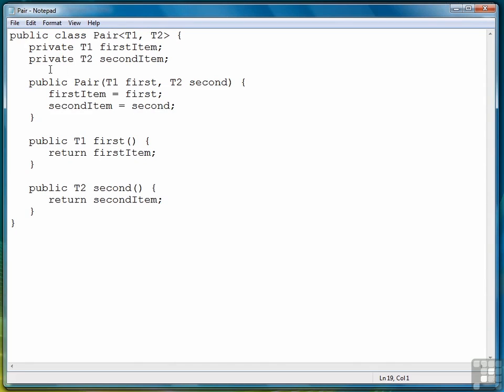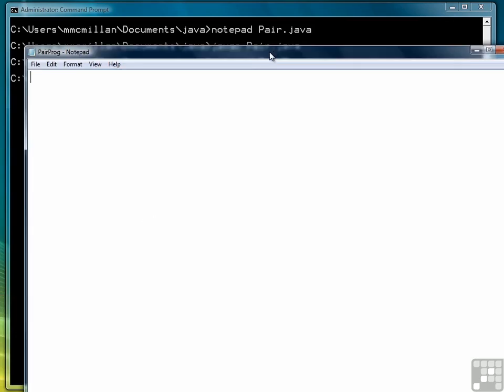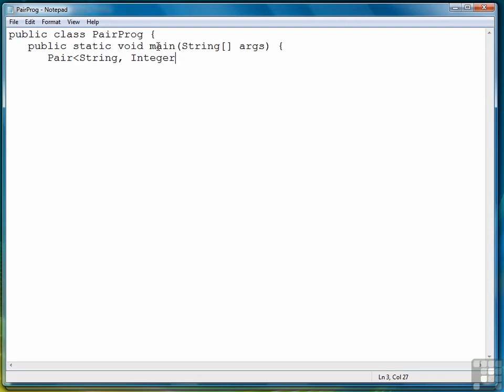This is all we need for the class definition, so let's go ahead and save our file, bring the command prompt window back up, and let's compile it, make sure it works okay. And it does. So now let's use the class, so we'll create a program called pairprog.java. Let's get our screen in place, there we go. So once we get main defined, we'll create a simple pair using string and integer to demonstrate how the class works. So for example, we might say grade 1,